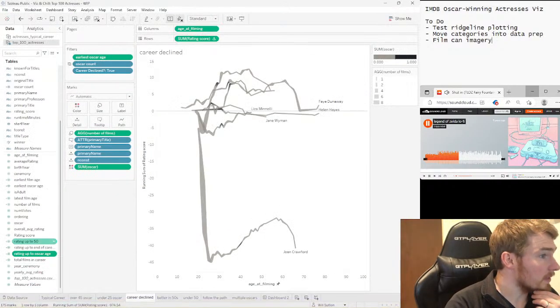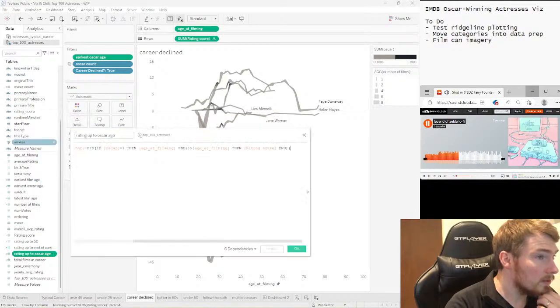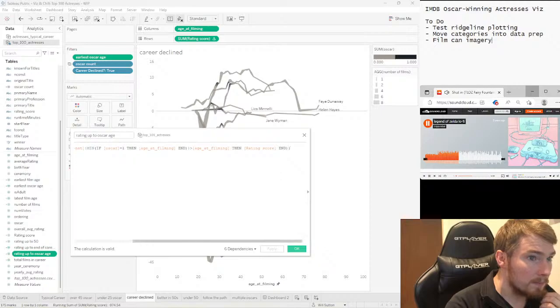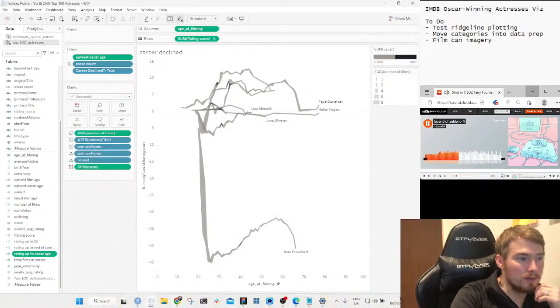Is that how I calculated? Okay, so work out the age of filming. If the Oscar year is greater than... Okay, so it's less than or equal to.